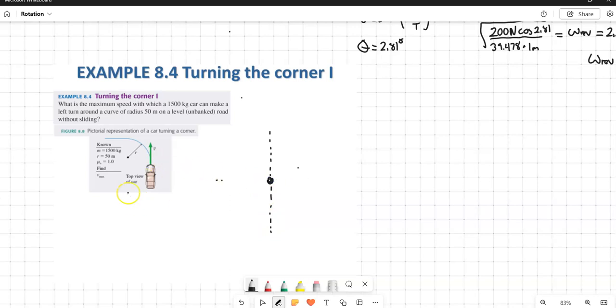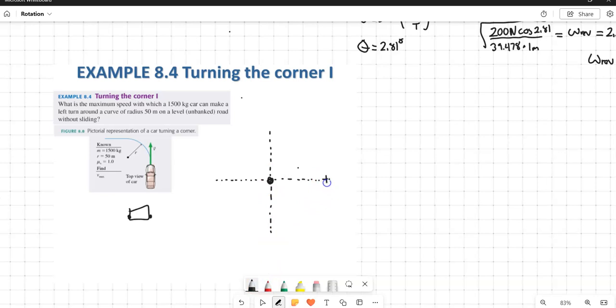I know in this picture we're looking on top of it. Well, I suppose we could do it that way. No, let's do it from where we're looking at it from the side. So let's say the car is driving away from us and we see them turning left. That's how I want to do the force diagram. Okay. So